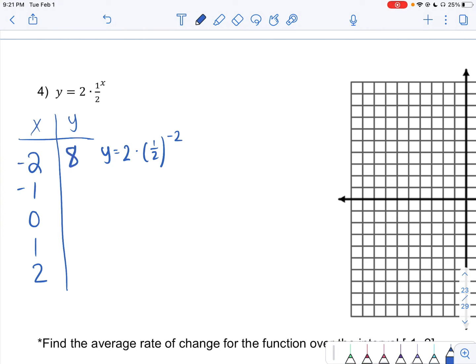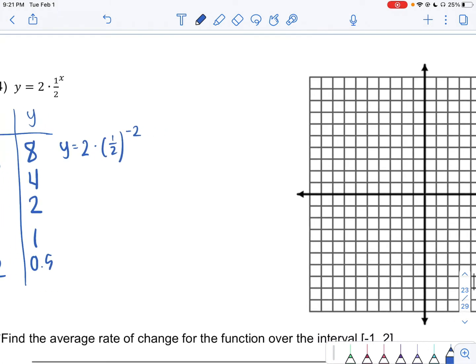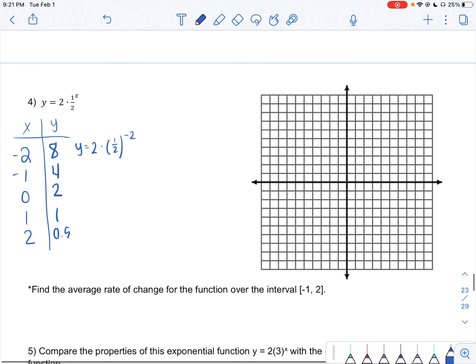So I'm going to go ahead and fill this in because I know this video is getting long. Next I'm going to plot my points: (-2, 8), (-1, 4), (0, 2), (1, 1), and (2, 0.5). Now remember, no matter what exponent you put in there, even if it's negative, you're still going to get a positive answer. So our curve is just going to get closer and closer to 0,